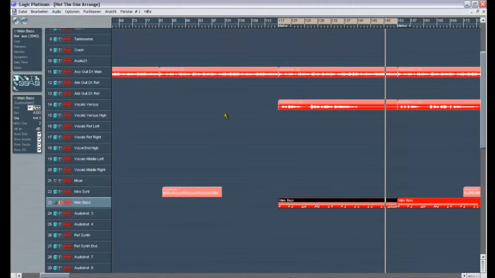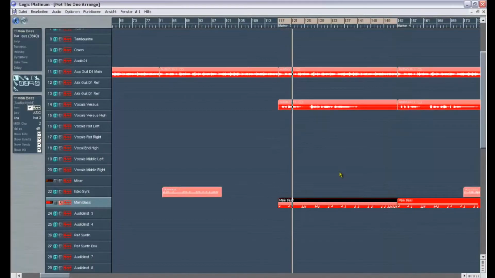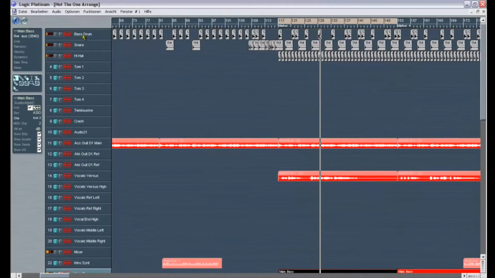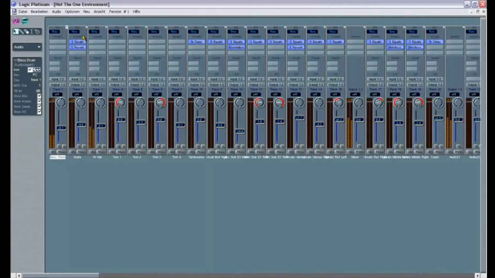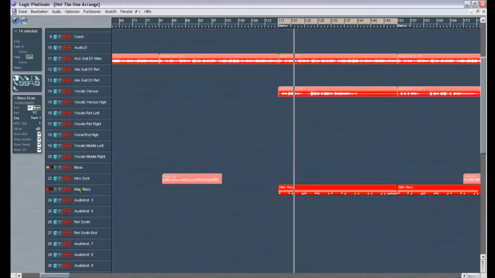Now I show you how it sounds. I will drag down the volume here at the bass and let play only the drums, which you can adjust. Double click on the left on bass drums. You can see here's the bass. It is always good to start a mix with drums and bass first, and later on the different instruments, and later on the vocals. Now I'll bring in the bass,